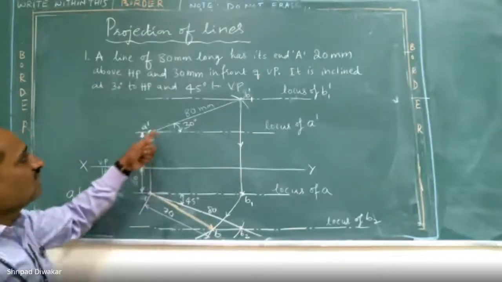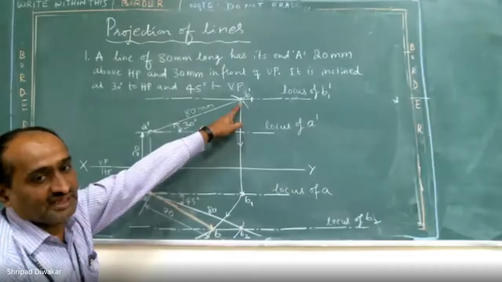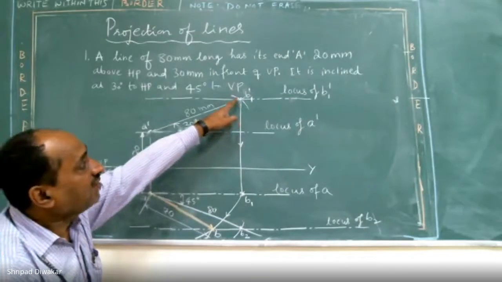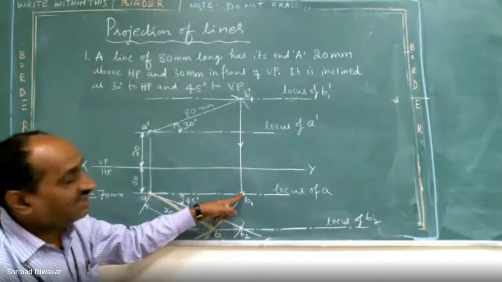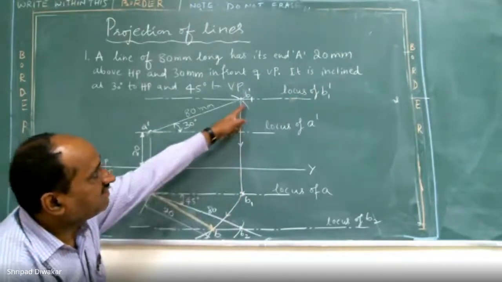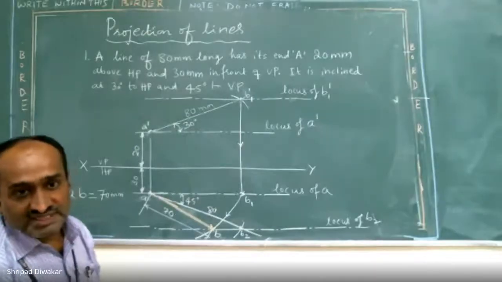Sir, can you explain AB again? How we got AB? Okay, I am explaining that one only. You are having 80 mm right here? B1 dash, you understood point B1 dash, right? From B1 dash, we have to draw one vertical line first. And you mark this point as B1 because it is my front view and top view. You can represent it as B1. Understood? Okay, next step, using compass.